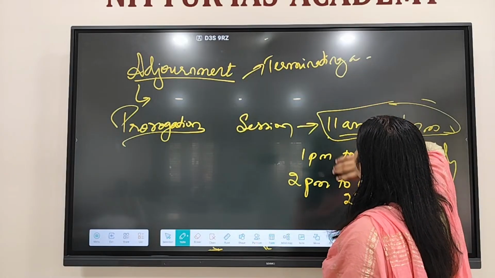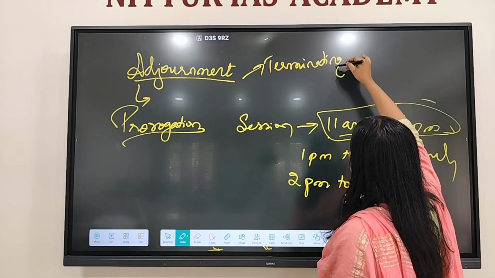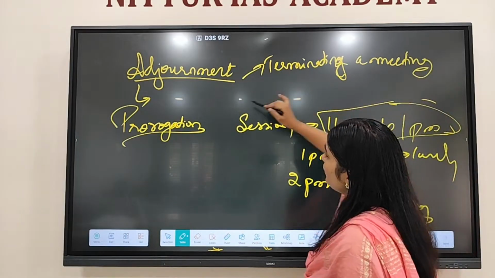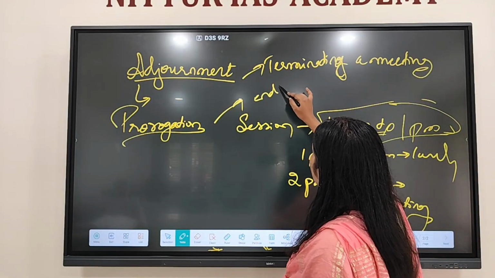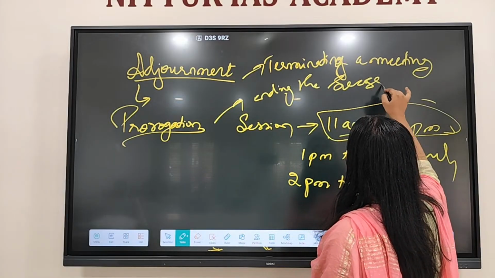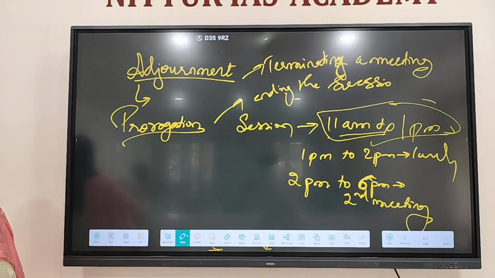Yes. Adjournment here is terminating a meeting of that day. But prorogation is ending both the meeting and the session. The last end, like the budget session's total last day, the monsoon session's total last day, the winter session's total last day, that is prorogation. Just write down,